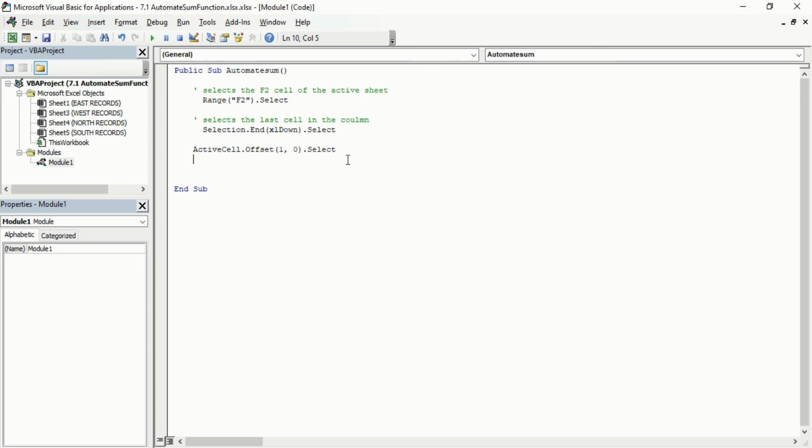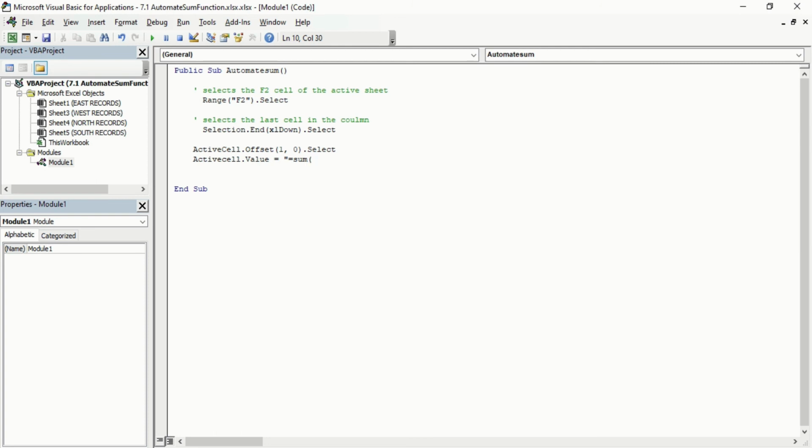Now I have to write the formula for sum: ActiveCell.Value. What is the value? It is equal to a sum formula. Is equal to SUM, that's it.